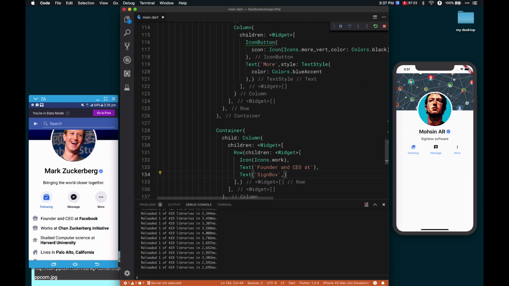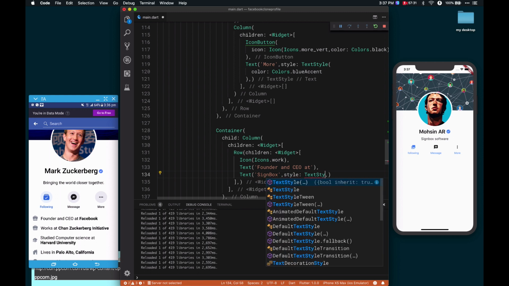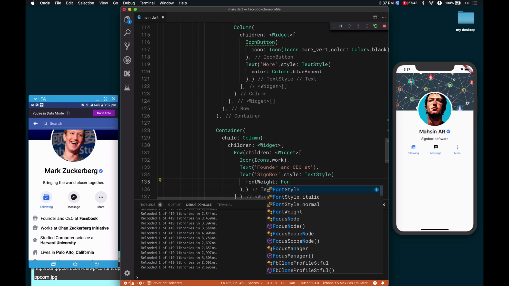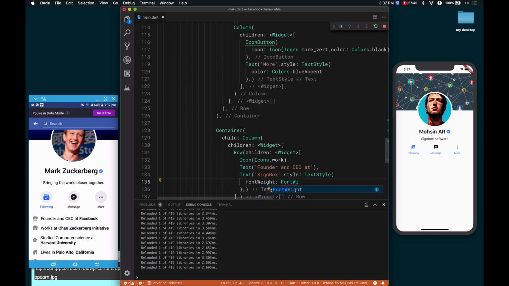Okay, and for the SizedBox there's a property called style, and the TextStyle. Okay, and after that we will need fontWeight, FontWeight.bold. Okay,